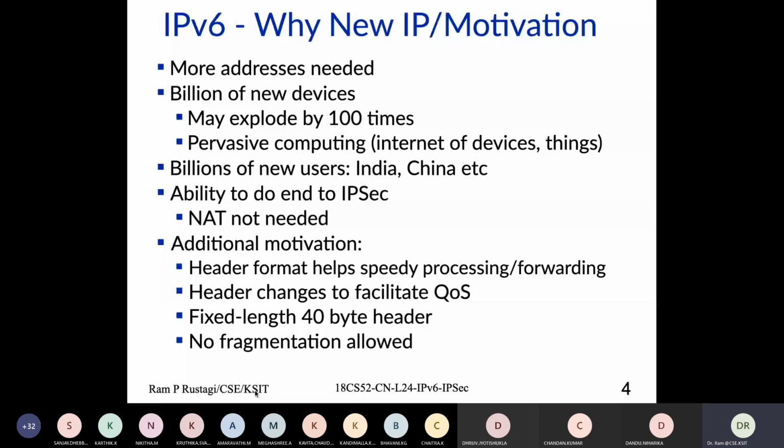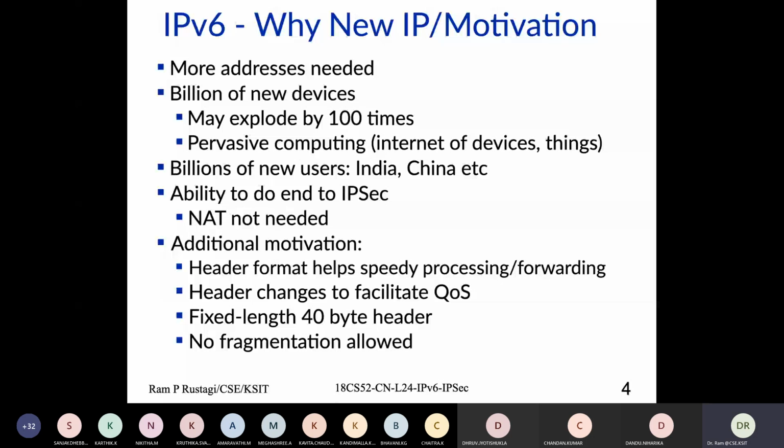So can we do away with the variable size header? IPv4 allowed fragmentation. For example, if you're getting a packet on fiber, where the packet size is 8 kilobytes, but the packet is going on Ethernet, where the packet size is 1500 bytes, that means the packet has to be fragmented. In IPv4 you can do that. In IPv6 you can't do